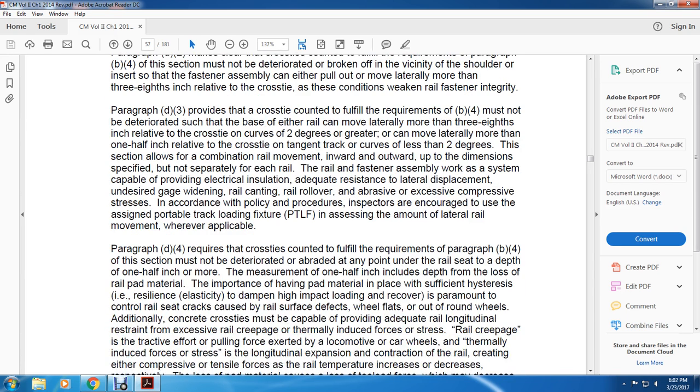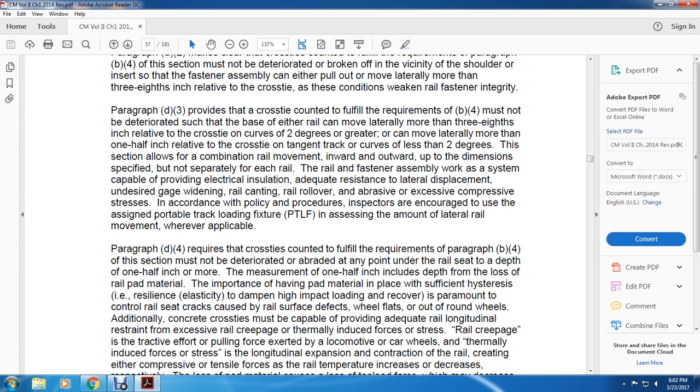Paragraph D3 provides that the cross tie is counted with the full final limit requirements. B4 must not be deteriorated to the base such that the rail can be laterally moved more than 3/8 of an inch relative to the cross tie on a curve of 2 degrees or greater, or moved laterally more than 1/2 inch relative to the cross tie on tangent track or a curve of less than 2 degrees. This section allows the combination of all the rail movement inward, outward, and the dimensions specified, but it's not separate